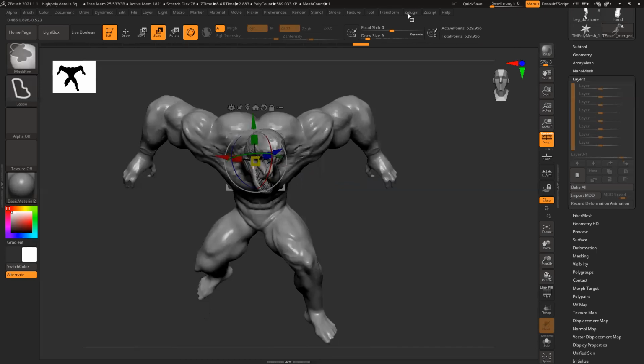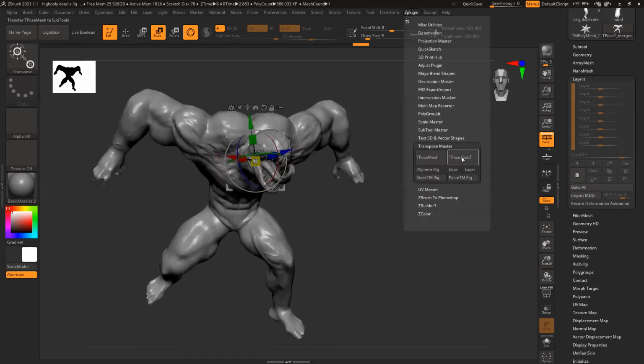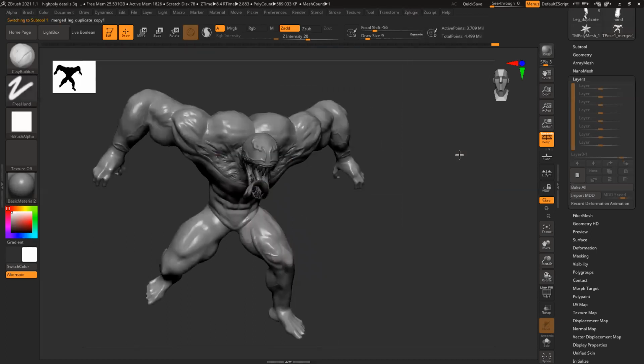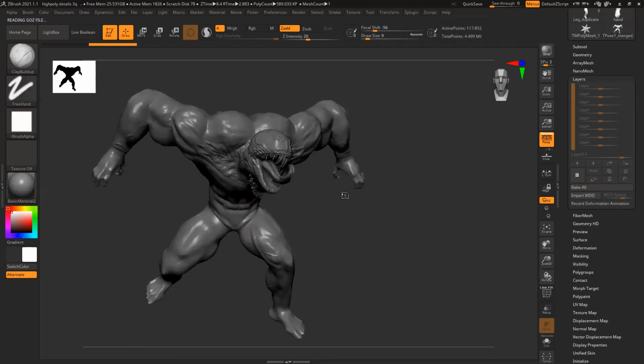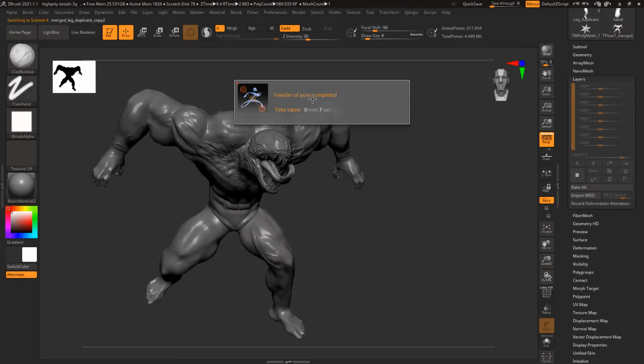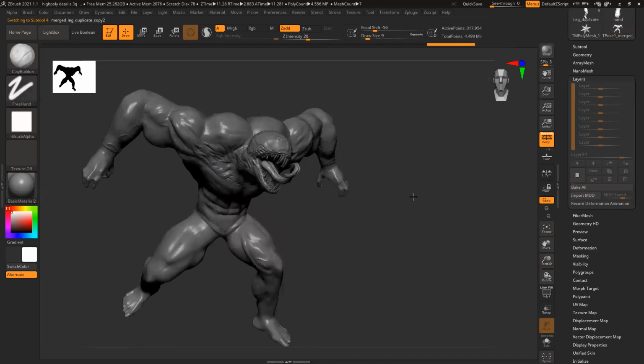And once I'm done, go to ZPlugin. This time I have to click T-pose subtool. Once I'm finished with my posing, see everything changing position one by one, and it shows the transfer of pose complete.